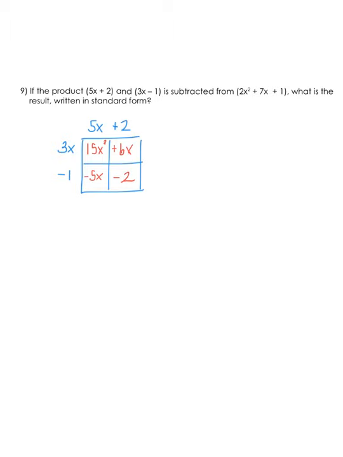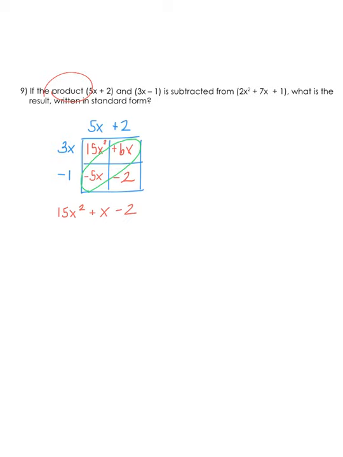So I'm going to go forward with that. We're going to combine the like terms we see along the diagonal and set ourselves up so that the highest power is first. So we have 15x squared, combining 6x and negative 5x. Remember, when you combine, you simply add or subtract the coefficients. So we have a negative 5 and a positive 6. When we combine that, that's a positive 1x. We do not add our exponents at this point. We are combining like terms. Bottom right box is a negative 2, so I'm going to bring down our negative 2. At this point, we have found the product of the two binomials, and that product is 15x squared plus x